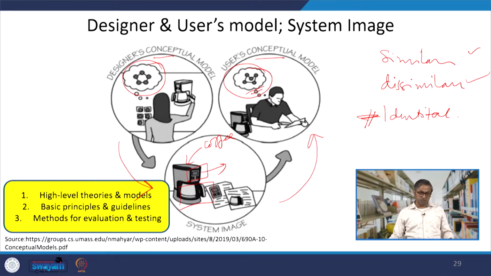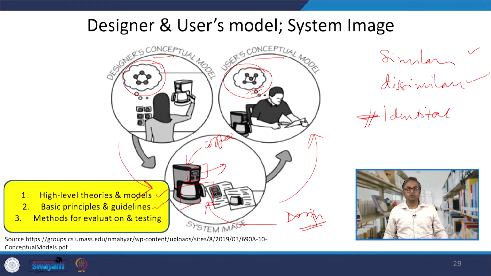Then later on, after the high level theories or models are met, basic principles are met, then comes the method of evaluation and testing. The design which a designer has built may not meet the reliability criteria. It may not pass the test. It may not be robust. Hence, evaluation and testing is a routine procedure which the designer has to do and has to ensure that the design